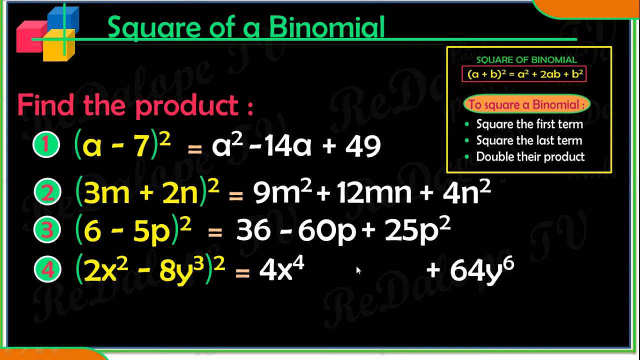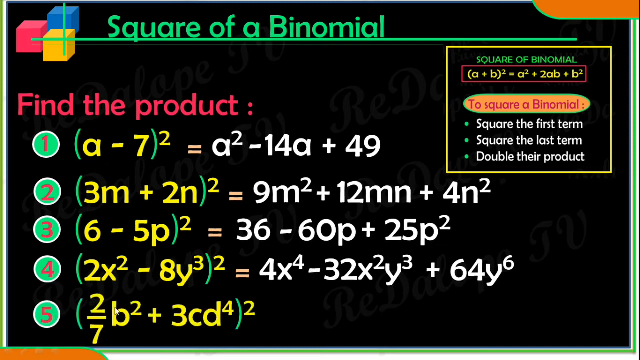And to get the middle term, we will multiply the first and second terms and then double it, or times 2. So 2 times 8, so that is 16, times 2, 32. And then multiply the variables x squared y cubed. So that is 32x squared y cubed. And whatever the sign between the given two terms, that would be the sign of the middle term, which is also negative. And for the last problem, we have 2 all over 7b squared plus 3cd^4 raised to